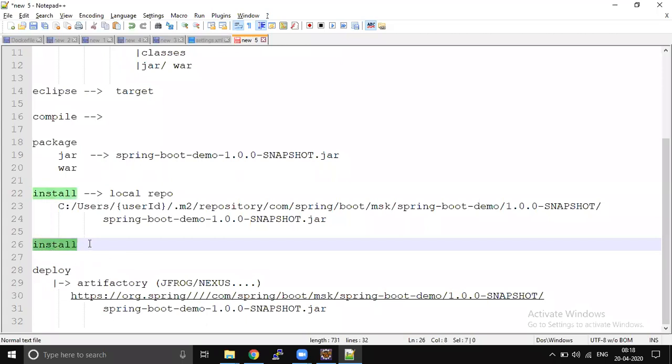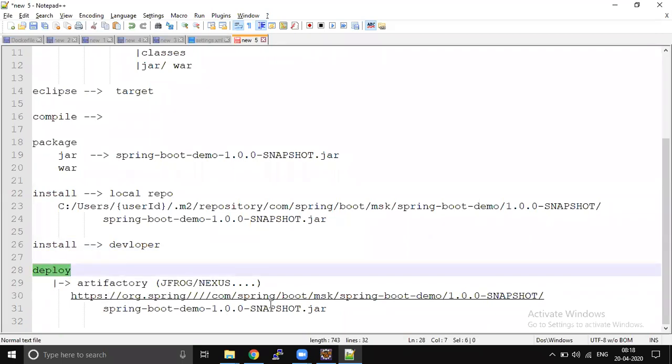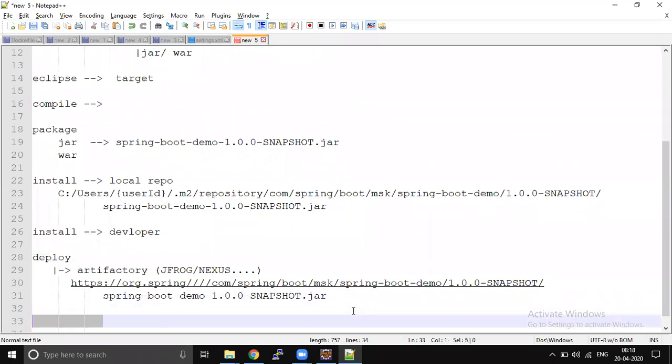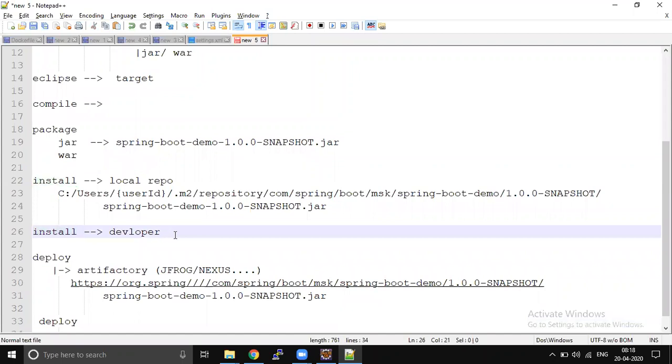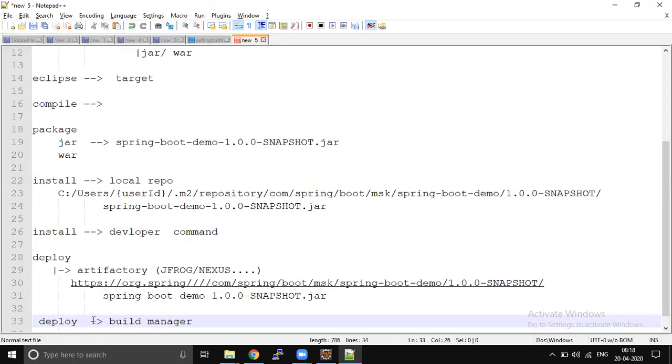So install is the command a developer has to run. We're not supposed to do deploy. The deploy has to be run from Jenkins. When Jenkins runs, it will run a deploy job instead of an install job. So install is the developer command, and deploy is a build manager or build tool command.